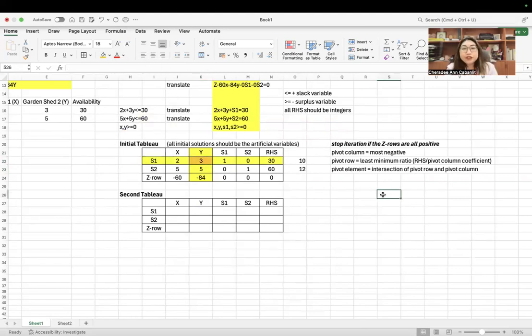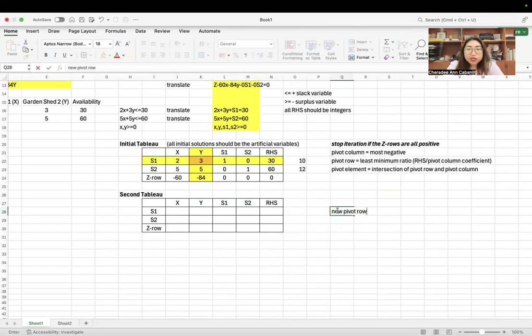Now, after that, you will have to compute your new rows. So, a new pivot row first. Since your pivot row is this one, the new pivot row is equal to the cell value in that row divided by the pivot element.